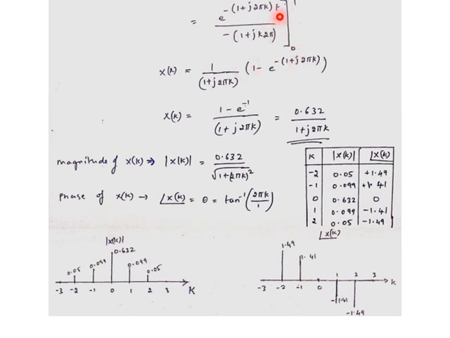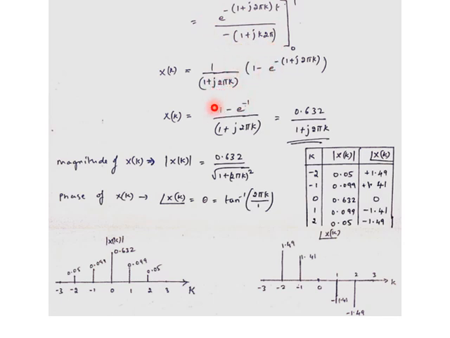So the upper limit 1 is applied. What is going to happen is, e to the power minus... you can take the minus inside with respect to the equation. So minus of the term, you can initially consider minus e to the power minus (1 plus j 2 pi k) into t, equal to 1, which means this is 1. Minus the lower limit, minus of minus, plus e to the power t, that is 0, 0 into anything is 0, so e to the power 0 will be 1. So 1 minus this is the term after simplification, but the denominator minus is taken along with this, so the remaining is 1 plus j 2 pi k.